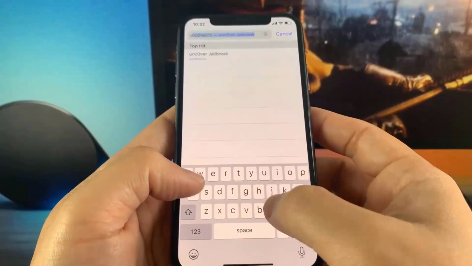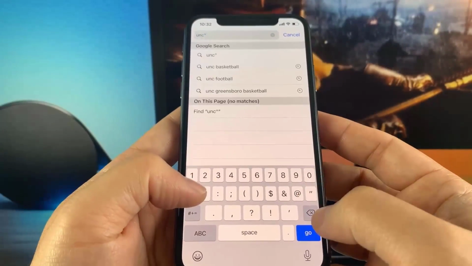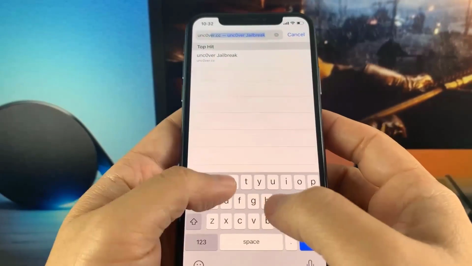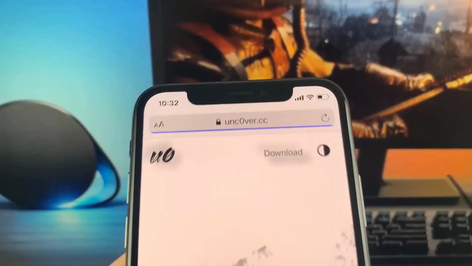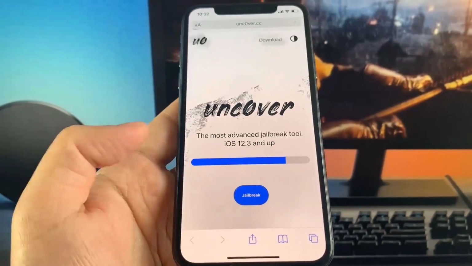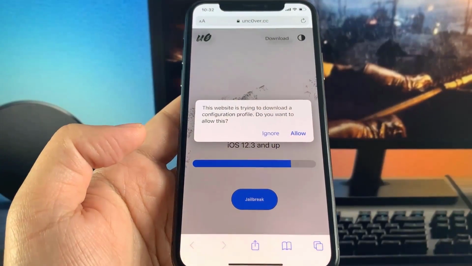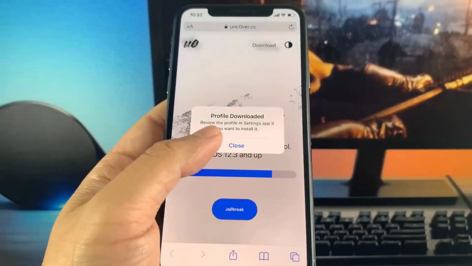So what you need to do is go to the website unc0ver.cc. You want to put a 0 instead of an O, so unc0ver.cc, guys, just like I'm doing here. As you can see, you want to substitute the O for a 0, and once you're on the site, you want to press jailbreak. And basically what it's going to do is download a configuration profile, so press allow and